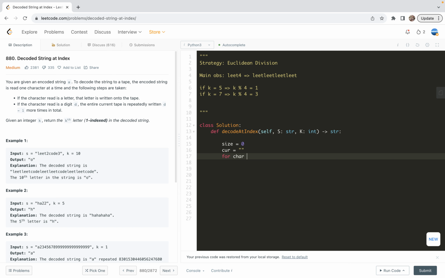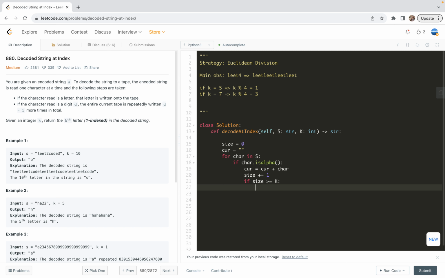For character in S, if the character is alpha, meaning it's a letter, we do current equals current plus this character, and then the size is increased by 1. If size is greater than or equal to k,